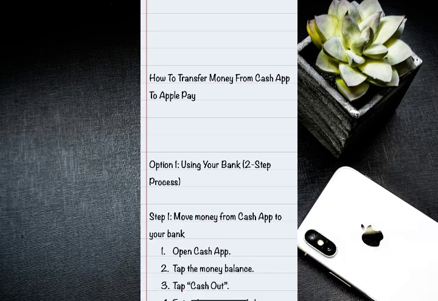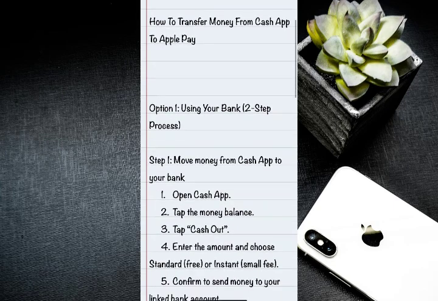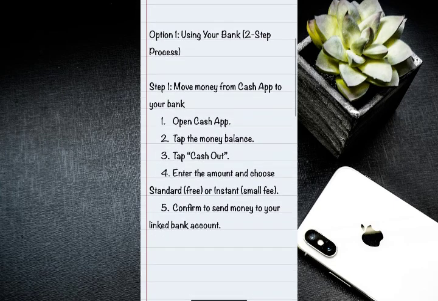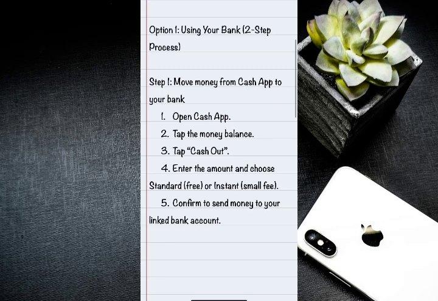In this video I'm going to walk you through two methods you can use to transfer money from Cash App to PayPal. So to get started with the first option, among the two options that I have for you: the first thing to do is you can use your bank to transfer from your Cash App to your Apple Pay. So to get started with that, first thing to do is to open your Cash App, then tap